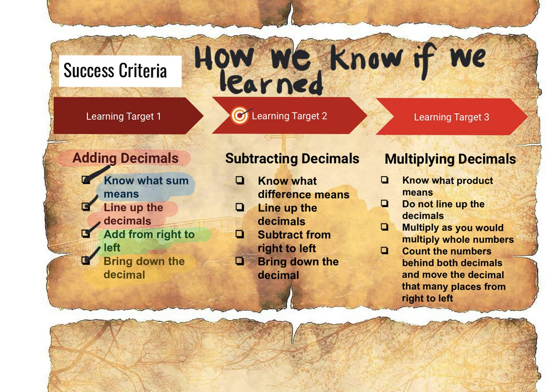So for every learning target in a unit, we will always have success criteria. These success criteria tells us how we know if we learned. It's a list of skills or concepts we should be able to do or understand in order to meet the learning target. So remember,